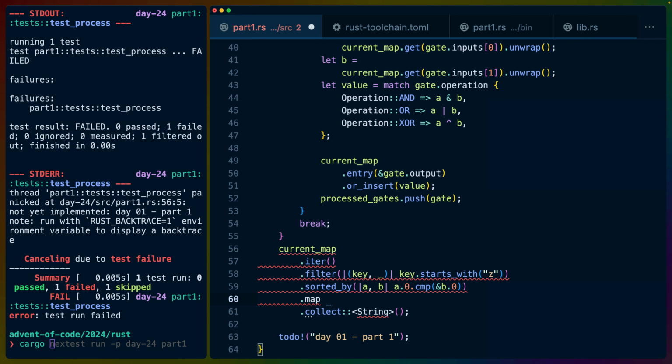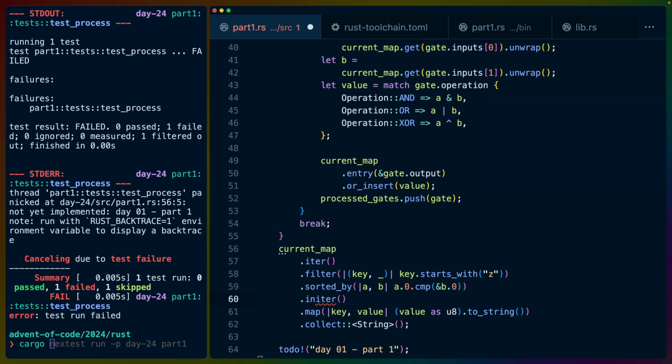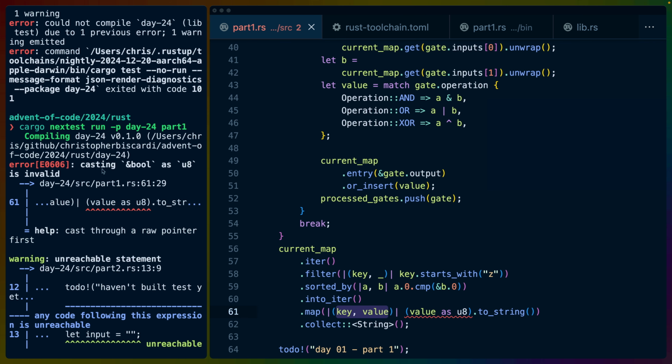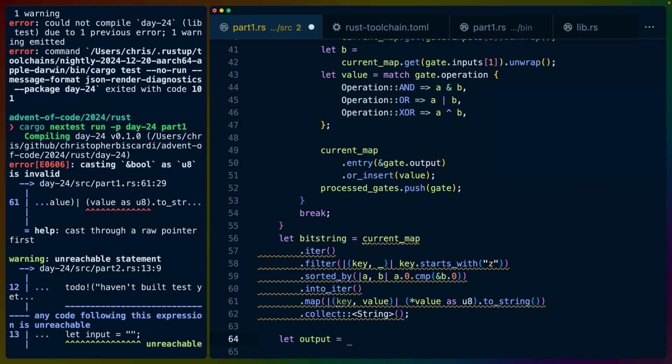We should be able to get a string here. So let's do dot map key value to string, value as u8 to string. Of course, the sorted by, I believe, gives us a vec. So we have to into iter. Why are we getting an issue on map? Expected a closure that takes a tuple, which is true. And then we end up with casting a reference to a bool to a u8 is not valid, but the value, yes, it is. So then we get like a bit string here,